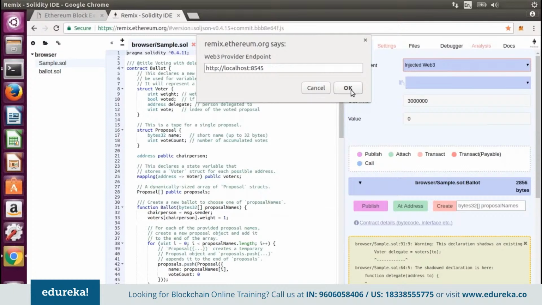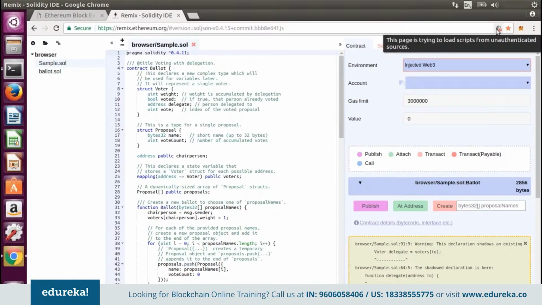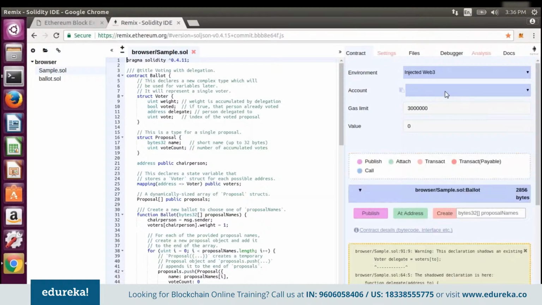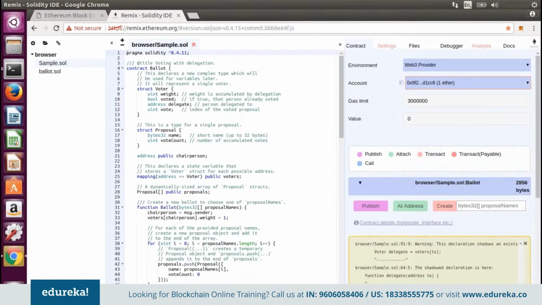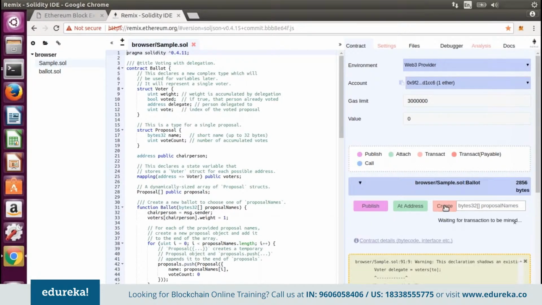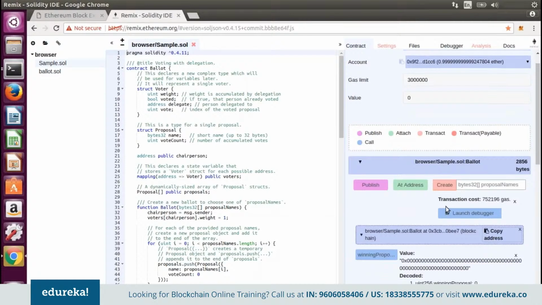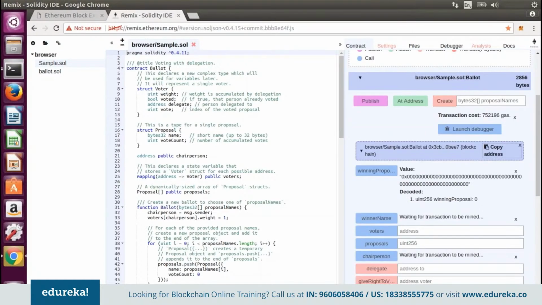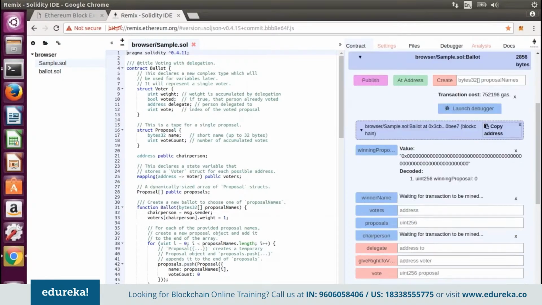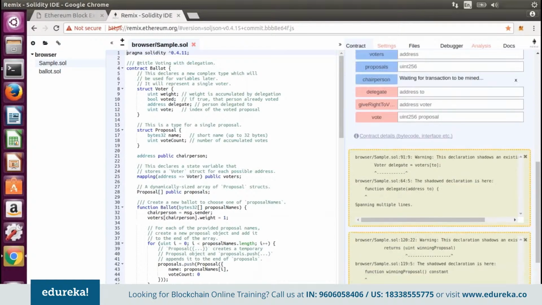So here let me just click on OK. Now I'm getting a security warning. Let me load this. It may take some time, so I request you to be a bit patient. Now once you've selected on which account you want to create the smart contract, then all you need to do is just click on create option present here. Again, as I had mentioned, this may take some time, so I request you to be a bit